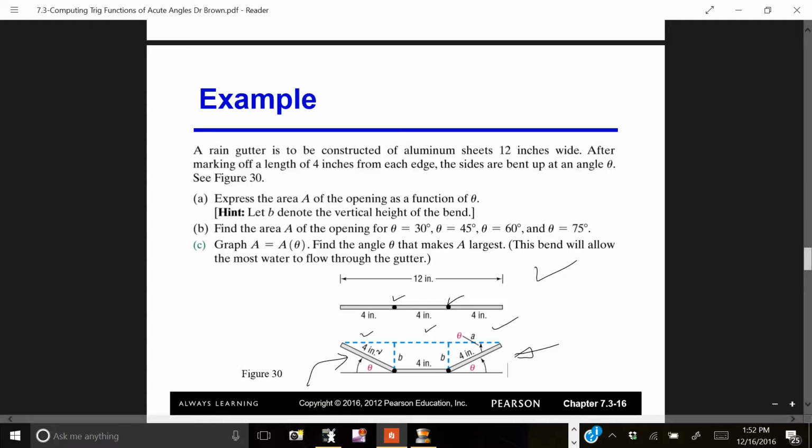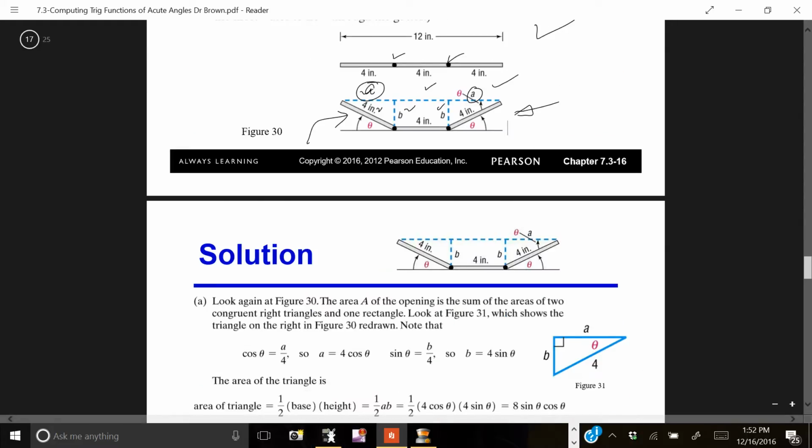The hypotenuse is 4, and we're going to call the height of the gutter B, which would be one side of the triangle. So this side would also be B. And we will also call the adjacent side A. And transferring this picture to the next slide,